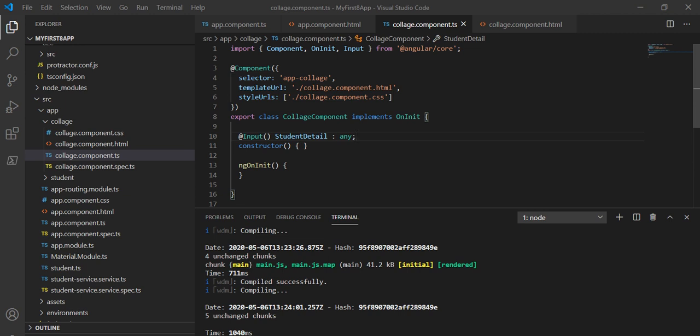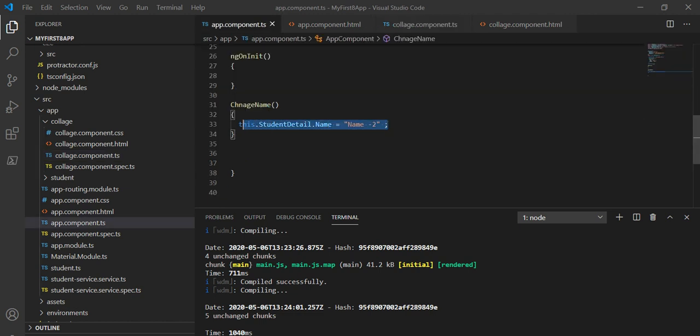In the detection strategy, what happens is instead of changing that property, we tell it that if there is any reference change, then only it reflects the changes to the browser, or we can say to the child component. So for that we have to do some modification here.